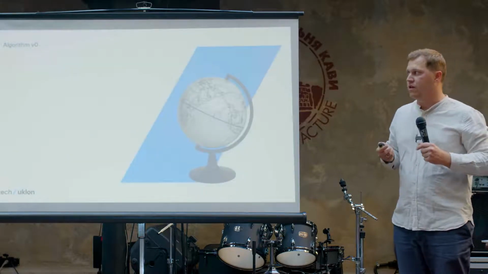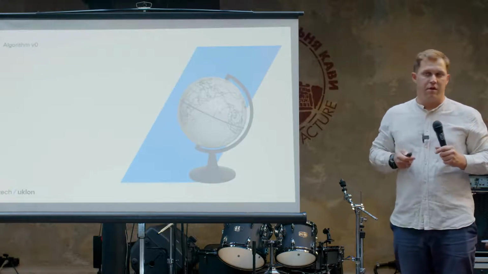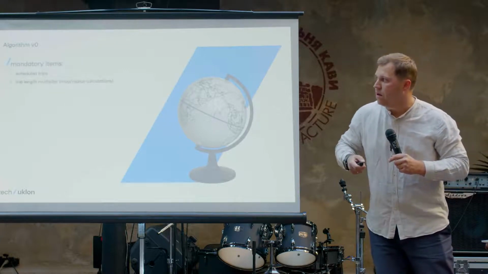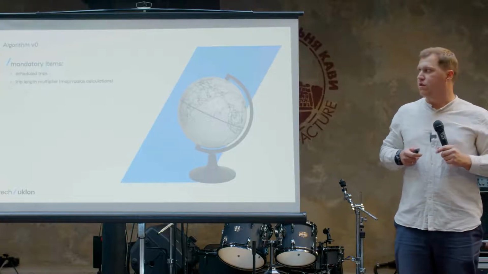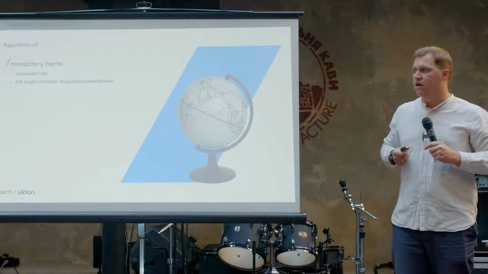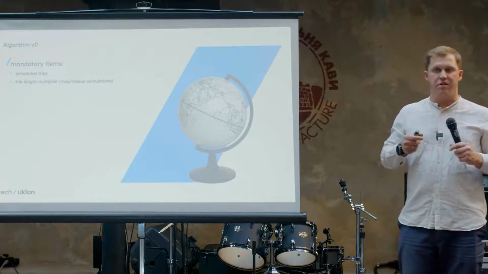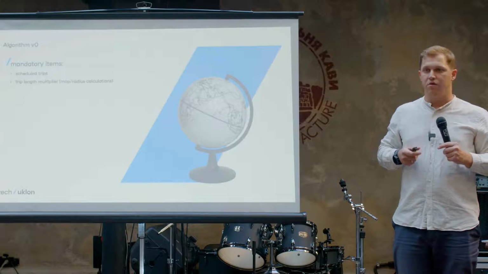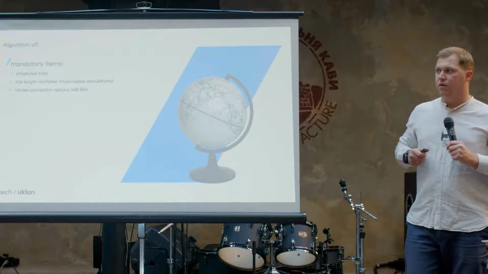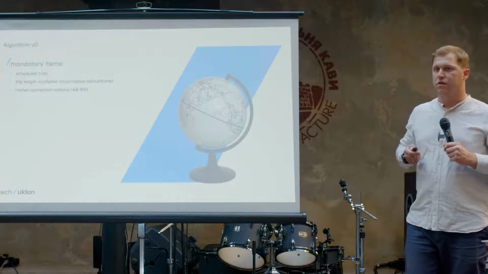So with this information, we started to develop the first iteration of our algorithm. It's called version 0. The first requirement was that we wanted to start with scheduled trips, because that is how people arrange these trips in their Telegram channels. Also, we calculated distance between people on the map, not using roads. We also limited the number of users to 2 people because of the limit of calculation between roads.